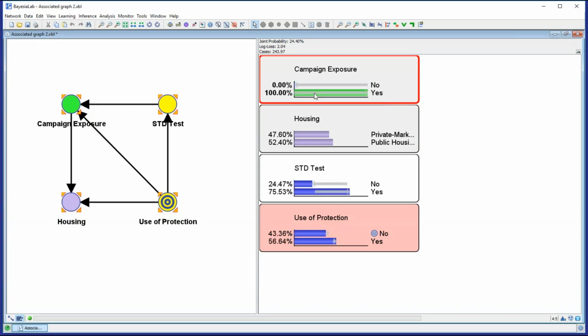Now I can toggle back and forth between campaign exposure, yes and no. And if you now look at the bottom, the use of protection, there we have exactly the difference that we computed earlier with the direct effects analysis. So as it turns out, given the assumption that we have no unobserved confounders, it appears that this campaign actually had a positive impact. So with that, I would like to conclude this particular example and return to PowerPoint